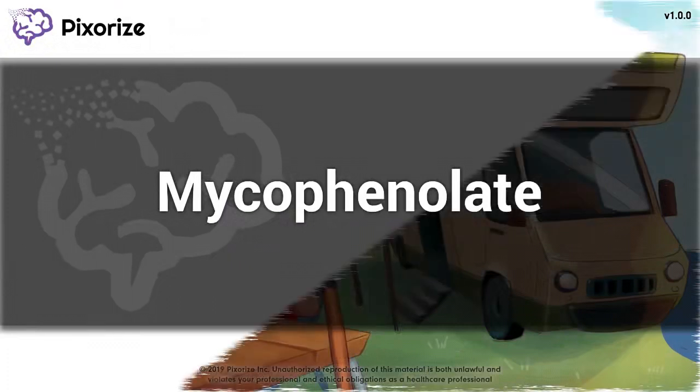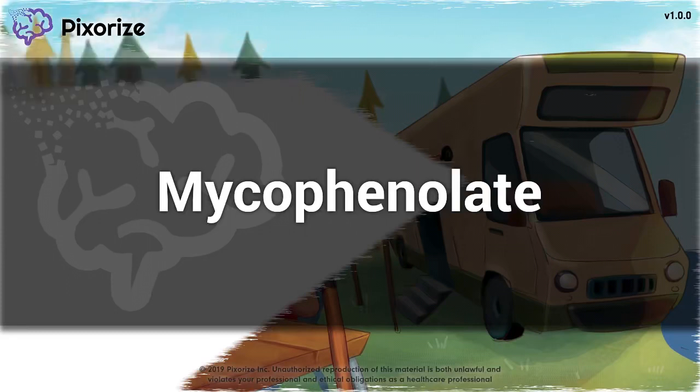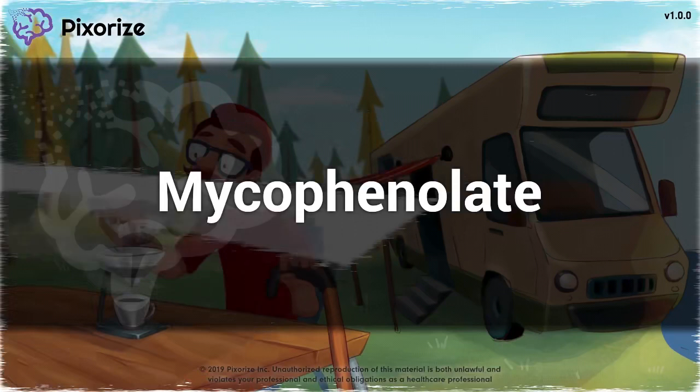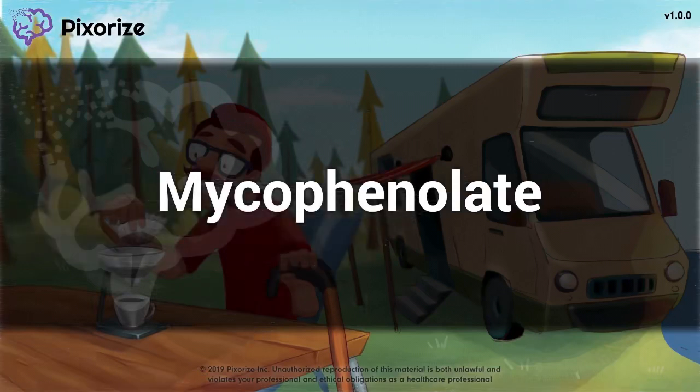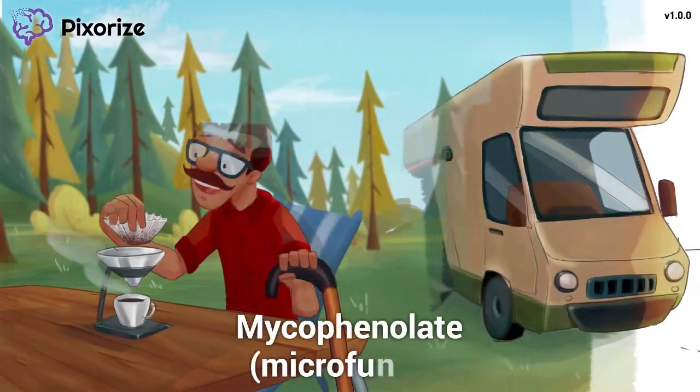Mycophenolate is an immunosuppressive drug that blocks IMP dehydrogenase, used to help prevent transplant rejection. In this video, I'll share my visual mnemonic to help you remember all the information about mycophenolate, so you'll be ready for testing. It seems we've caught this old Italian guy in the middle of making his morning coffee during